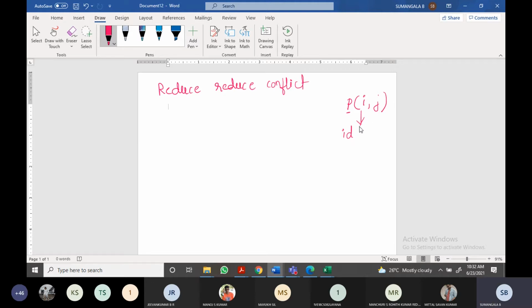Then opening brace, it is a symbol here. I'm talking now with respect to P, I and J. I is a variable, so you can take it as an identifier. Identifier is the name given to the variable name or the function name. With respect to that I'm explaining. So we have the procedure P.